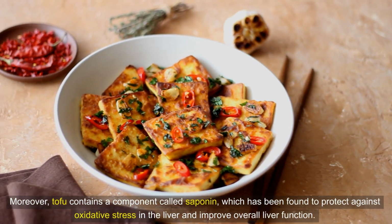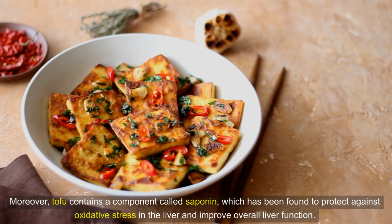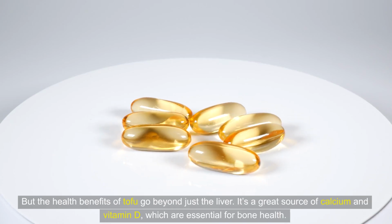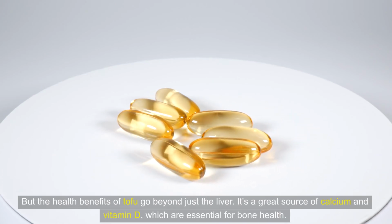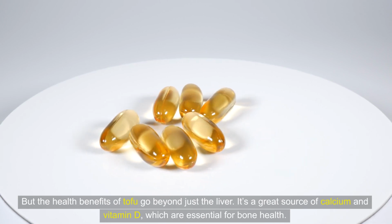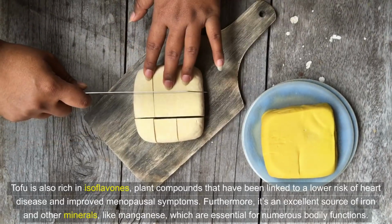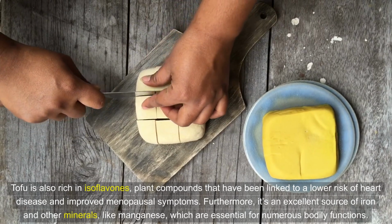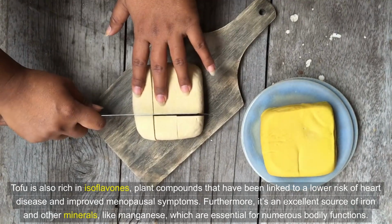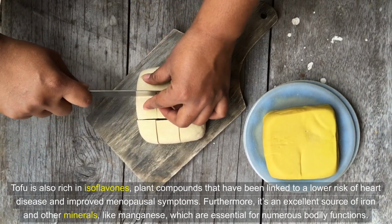Moreover, tofu contains a component called saponin, which has been found to protect against oxidative stress in the liver and improve overall liver function. But the health benefits of tofu go beyond just the liver. It's a great source of calcium and vitamin D, which are essential for bone health. Tofu is also rich in isoflavones, plant compounds that have been linked to a lower risk of heart disease and improved menopausal symptoms. Furthermore, it's an excellent source of iron and other minerals, like manganese, which are essential for numerous